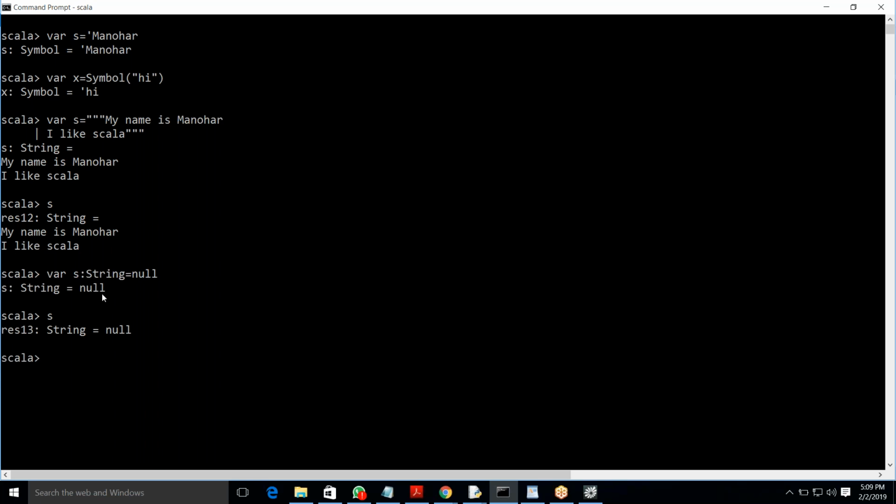Now I cannot test anything on the string here. I cannot find out the length, or I cannot apply any methods or functions on this string actually. It leads to a null pointer exception. Do you understand this? So even when you go to class programming,